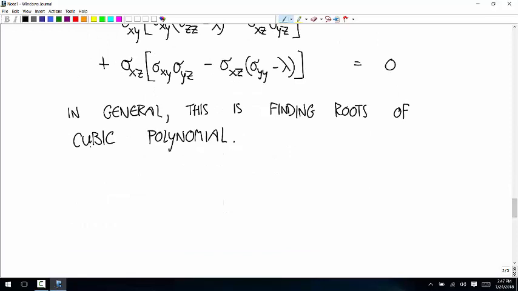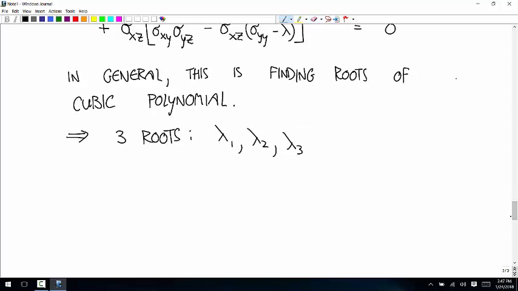And because it's a cubic, you get 3 roots. We'll call those lambda 1, lambda 2, and lambda 3. Then to find the corresponding eigenvectors,